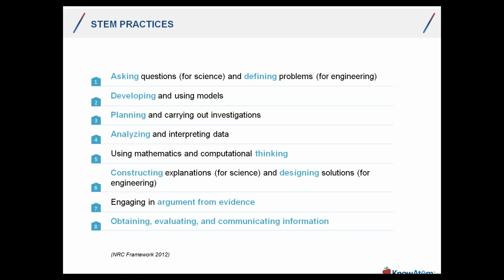Constructing explanations in science and designing solutions in engineering. These are conclusions, data-based conclusions. So as a result of the scientific process or the engineering design process, students need to be able to reflect back on their prototype or reflect back on their hypothesis using data that they collected to support a claim about that hypothesis or about that prototype. So think about the prototype. Should it be scaled up? Did it solve the problem? What specific evidence is part of